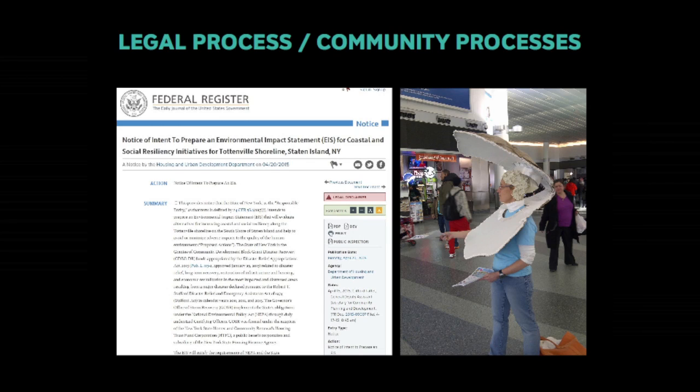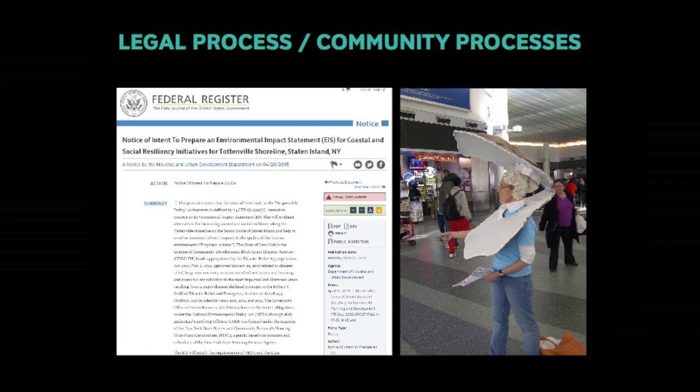But finally, I'll close on a couple of notes about the legal and community process. Because it is a challenge, it is very important to advance in parallel two separate streams of processes.